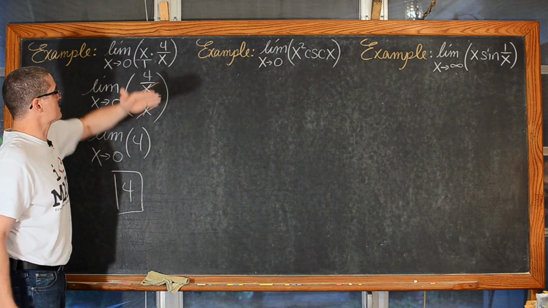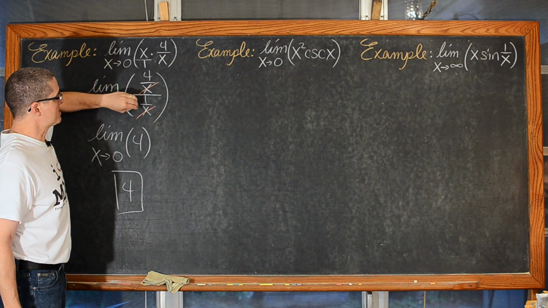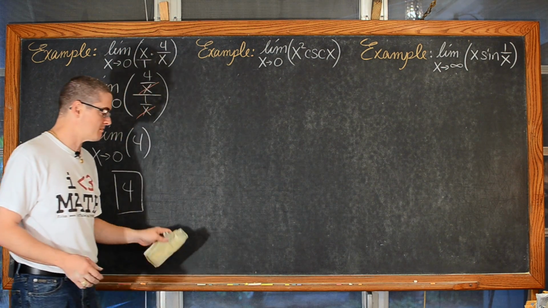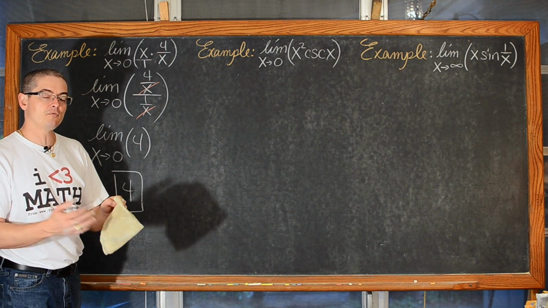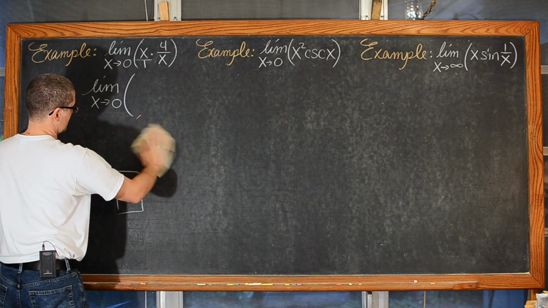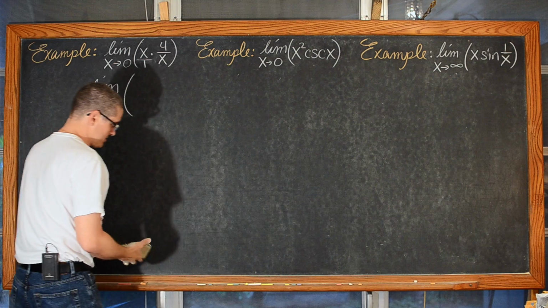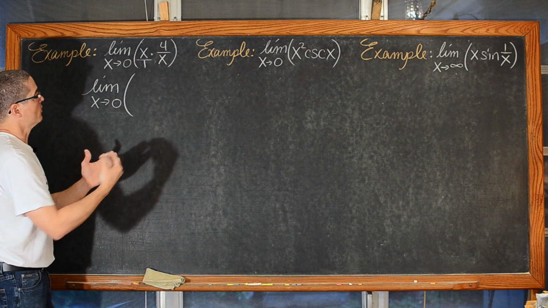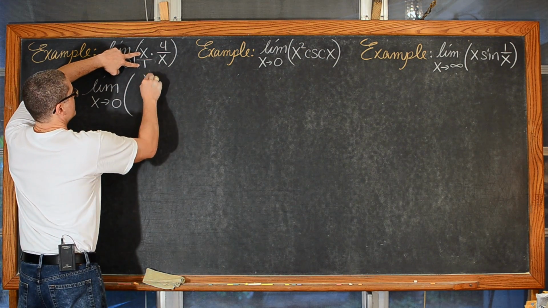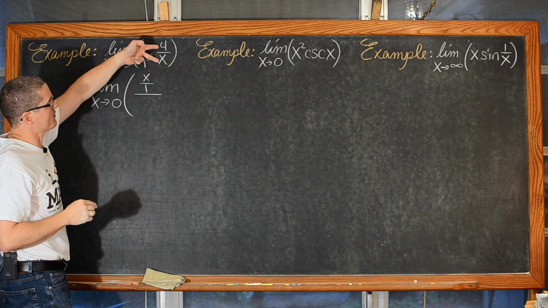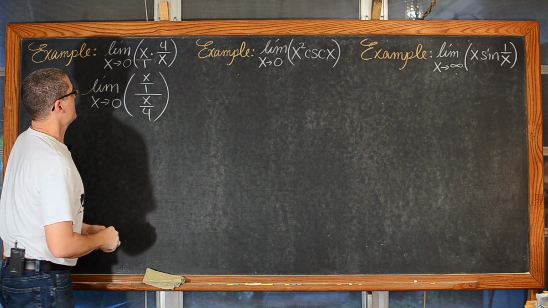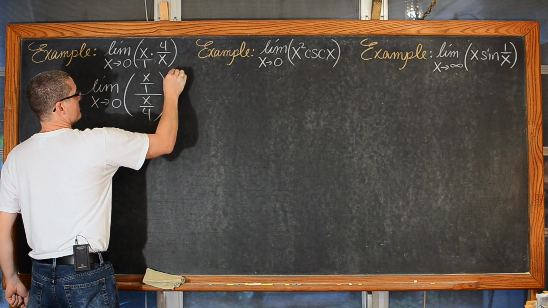You can rewrite this so that you have a division of the reciprocal of either one of these factors. Now sometimes the way you decide to set it up is going to make the problem much easier, or hopefully not harder. So play around with that. With this particular problem, just to show you that it can work in both directions. I'm sure there's some examples where you really wouldn't want to rewrite it in one particular way over the other. But if I leave this x over 1 in the numerator and take this 4 over x and flip it down to be x over 4, well, now I can take my numerator and denominator and multiply them by 1 over x.